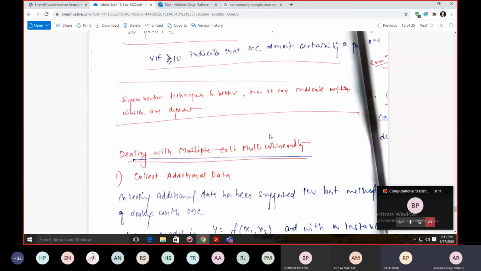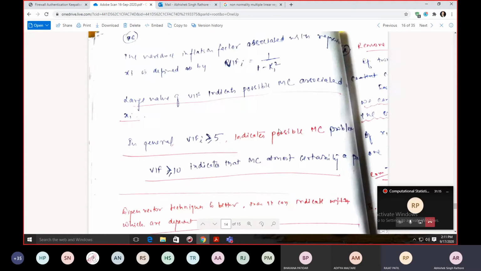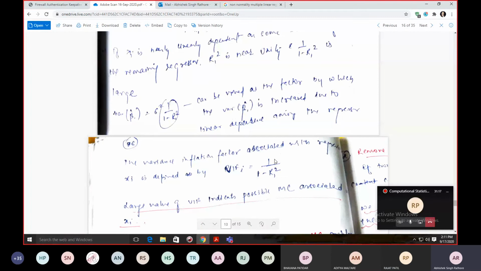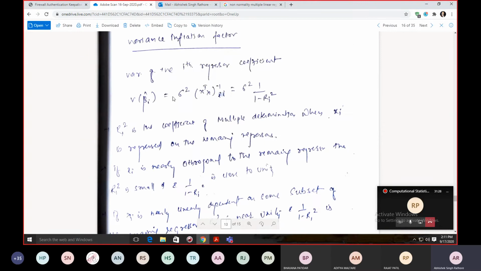No, sir. Okay, fine. What was the variance inflation factor? When we calculate this 1 minus ri square, as we showed in the last class, this is the variance of a particular beta, a particular estimated parameter. So this is my variance of a particular parameter. What is it linearly dependent on? Sigma square is again a constant value, so this is totally dependent on 1 minus ri square.